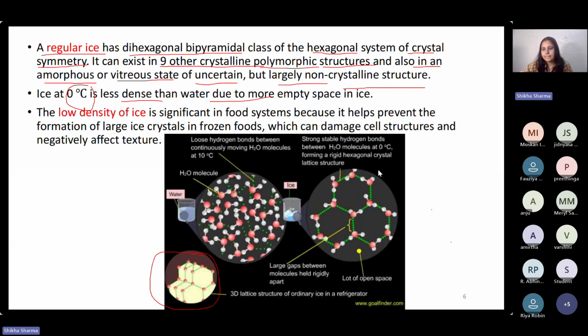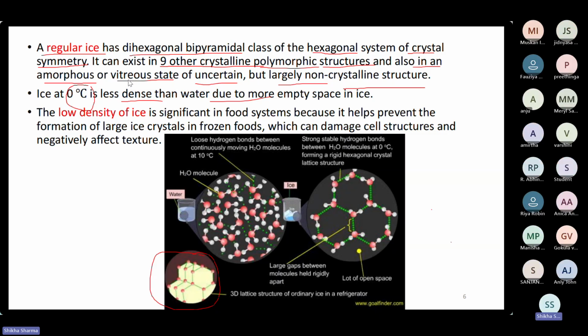So we were talking about ice, that ice has a hexagonal type of crystal system. It also has other crystalline polymorphic structures, and sometimes it can form an amorphous structure, but mostly it will be in the crystalline domain. And ice at 0 degrees Celsius, if we see, will be less dense than water due to more empty space in the ice. So we can see here on the left-hand side,